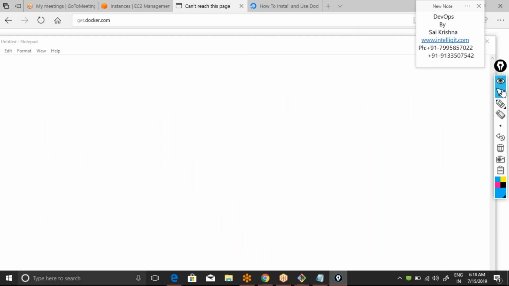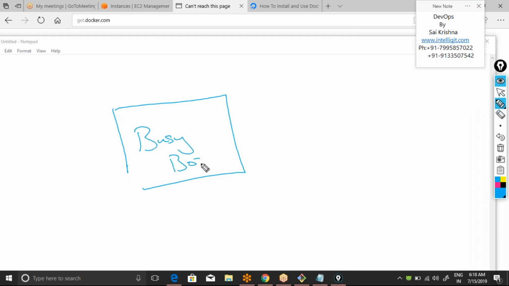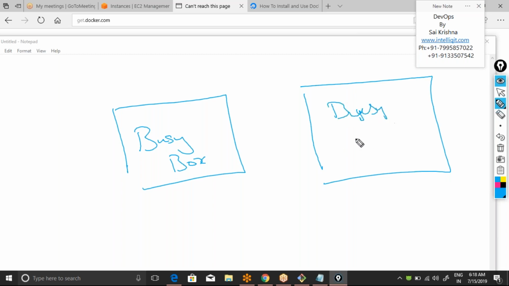To demonstrate this, we'll start with a very easy example where I will take two BusyBox containers. This is my first BusyBox container and this is my second BusyBox container. You know what is BusyBox? It's a flavor of Linux, like your Red Hat Linux, CentOS, etc. I will call the first container as C1, second container as C2, and I want to create a link between